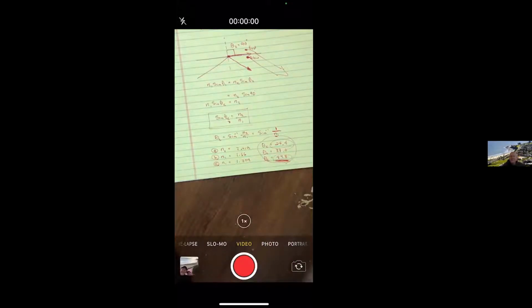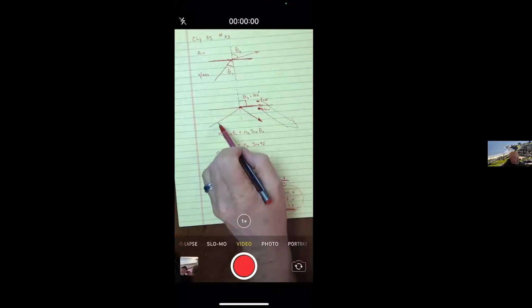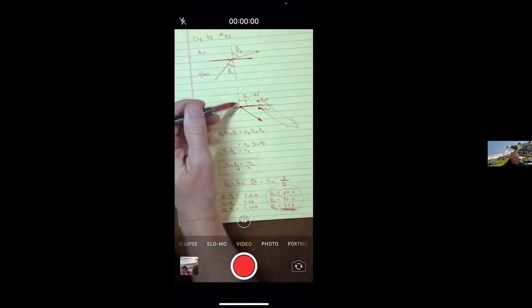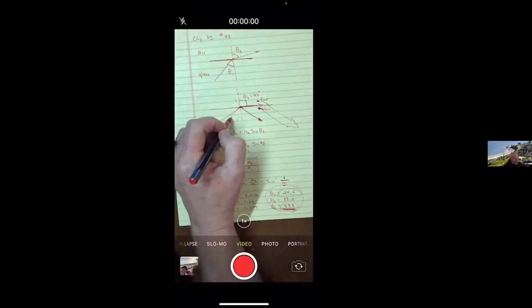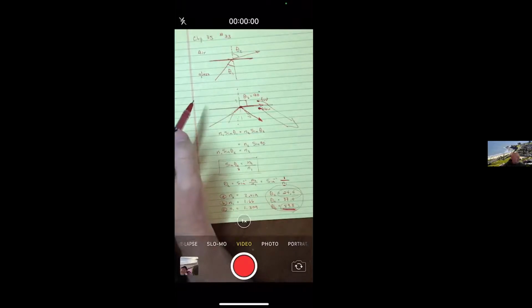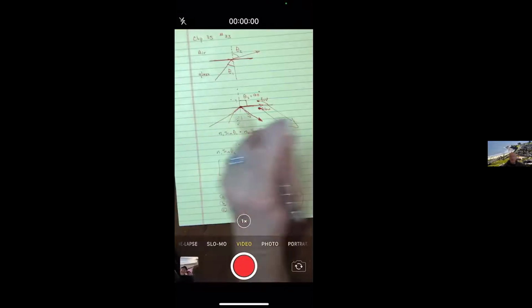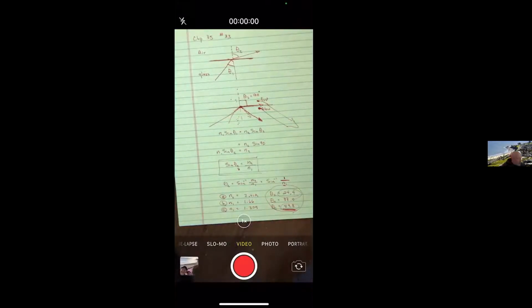So basically, the higher the index, the lower the angle. Because again, back to this picture, this is the bending of it. And how much it bends is the difference between the materials, the index between those materials. So if you really want it to bend around, you want the change in your index to be really high. So diamond to air is, I think, the highest of all materials in the visible range.